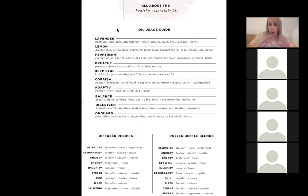We also walk you through all the recipes. So if you're new to oils, you might be like, oh my gosh, you're rattling things off here and there. How am I going to know how to use the oils I actually got? So we have actual recipes for you for your diffuser, for your roller bottles, and we walk you through all the different ways you can combine your oils so that you actually know, okay, I have allergies. What do I use? You're going to take your bottle of lavender, your bottle of lemon and peppermint, and depending on how strong you like it or how big your room is, you will add a certain amount of drops to your diffuser. So if it's a smaller room, you might just be doing like 3 to 5 drops of